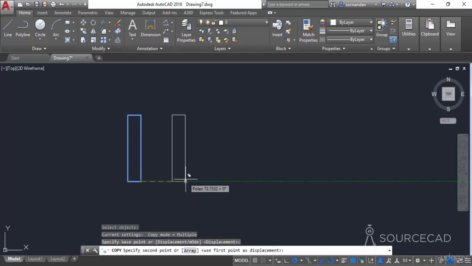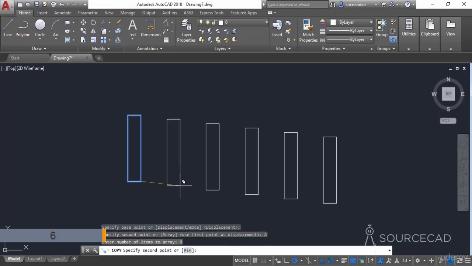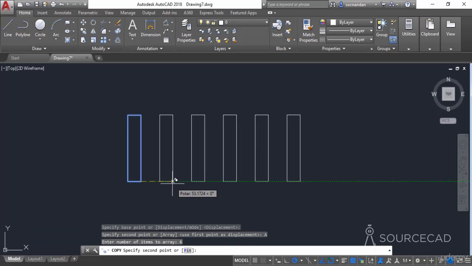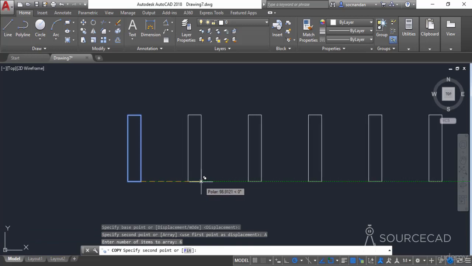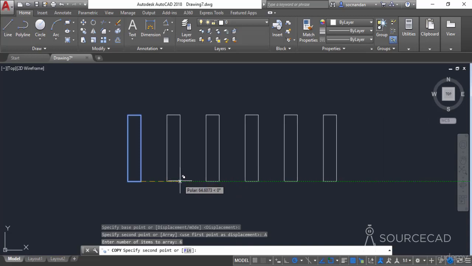Now you can make multiple copies using the array tool. Here we have this array tool. So click on this array and now enter number of items. So we'll add 6 as number of items. Now press enter, and here we have it. We have 6 objects instead of 1 as copies. And now you can click at any point to place all of these objects and they will be placed at